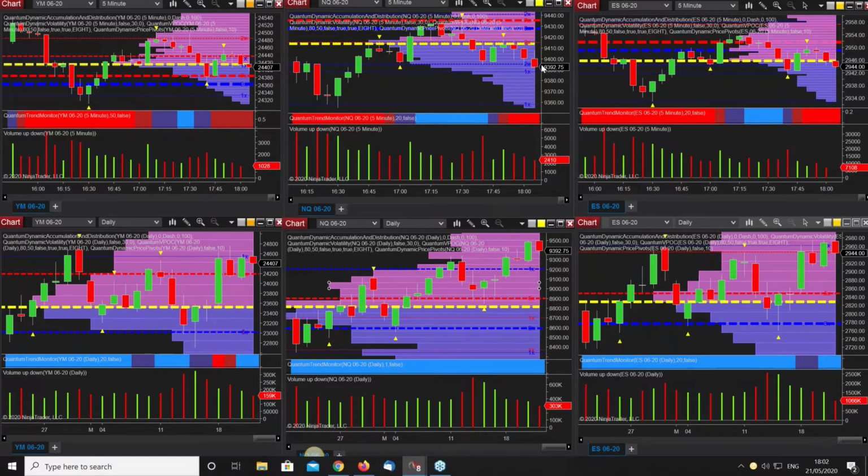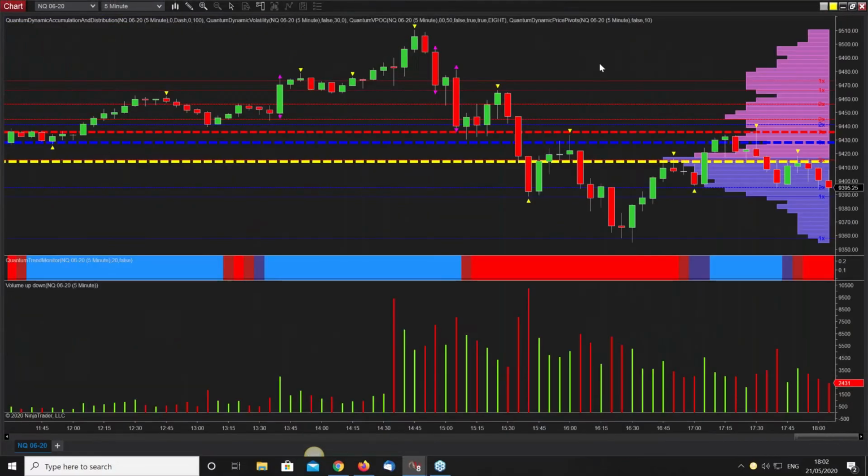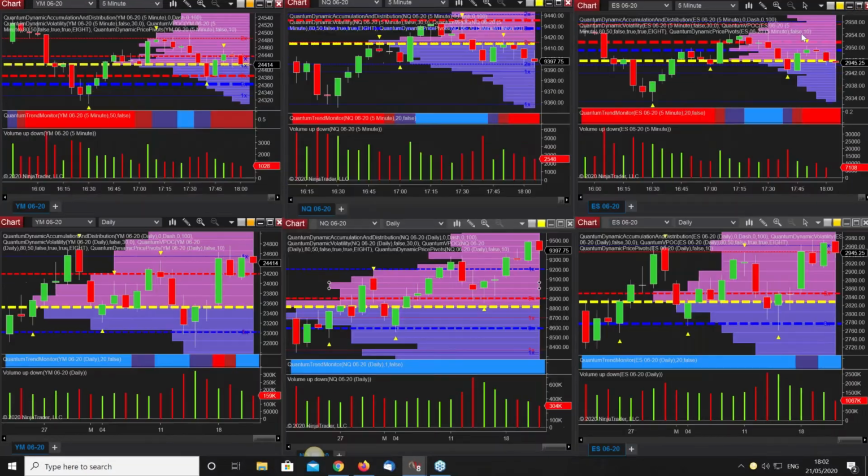They're all fairly similar in the sense that we've got the volume point of control sharply in evidence on all those time frames. We've got a lot of resistance overhead here, price-based resistance. We've got lots of volume building around this region. And this is going to oscillate here probably for the next hour and a half until we get